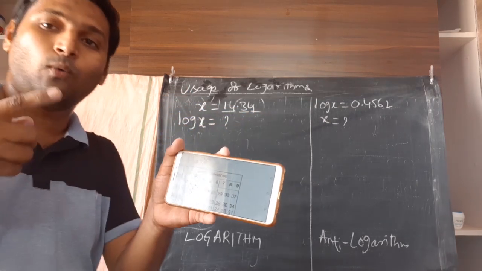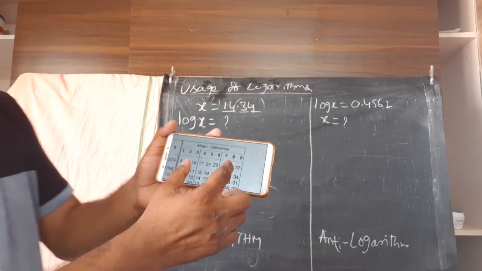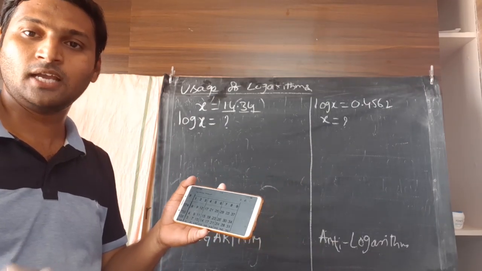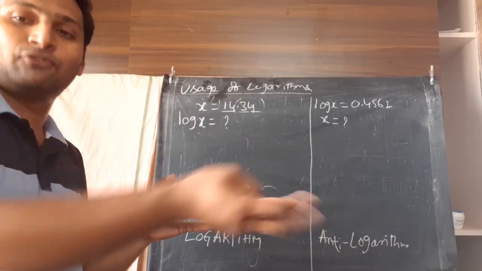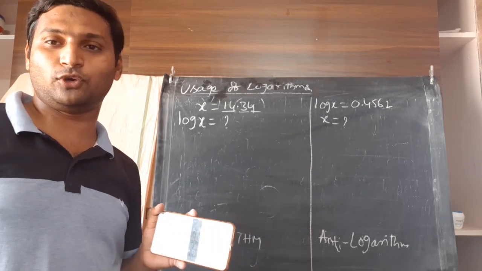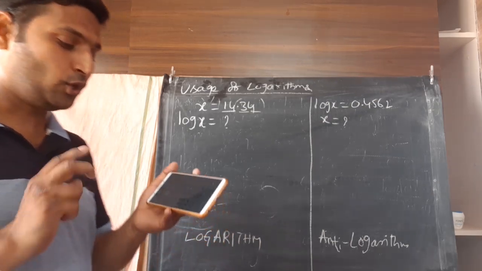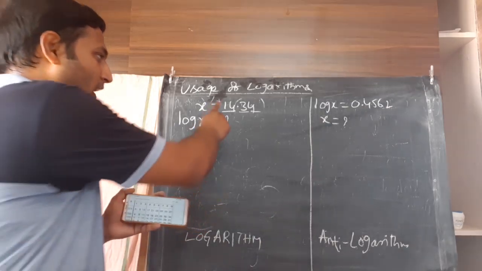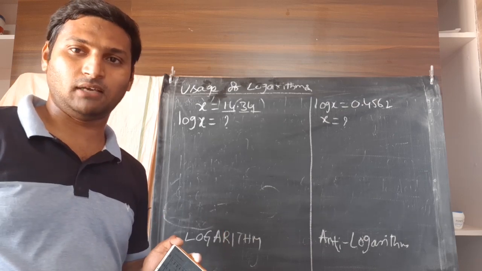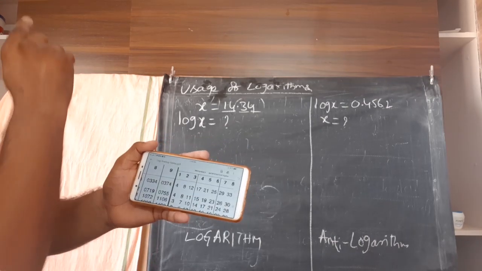Now, what if there are less than 4 digits? You assume the last digit is 0. You can notice there is no 0 in the mean difference, so you need not check the mean difference. Common sense. Whereas, what if there are more than 4 digits? You don't have provision. If you have more than 4 digits, round it off to 4 digits and then take the value. Generally, it is rare you get it. So, you have provision for seeing the log table for any value containing 4 digits maximum. Minimum could be anything. Accordingly, you can take. I'll come to that.